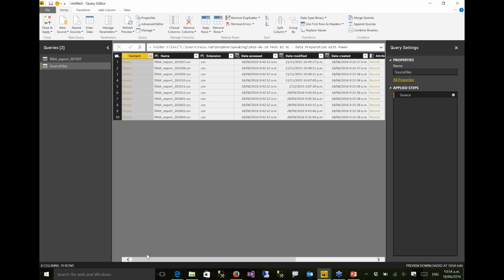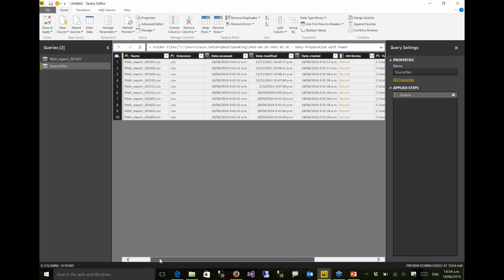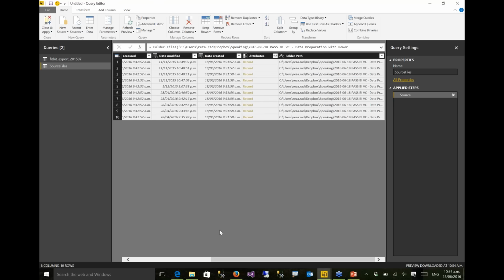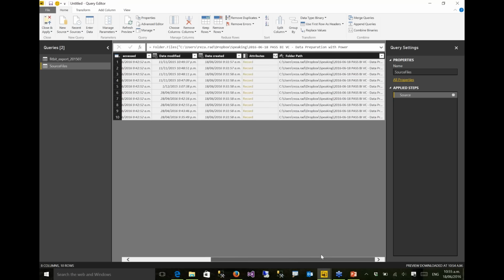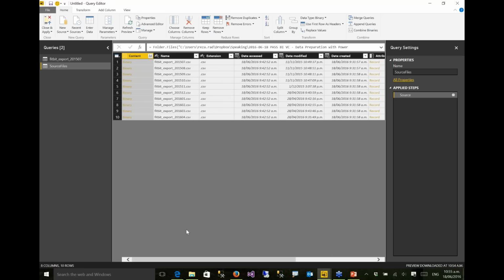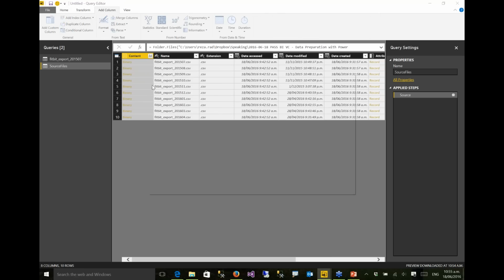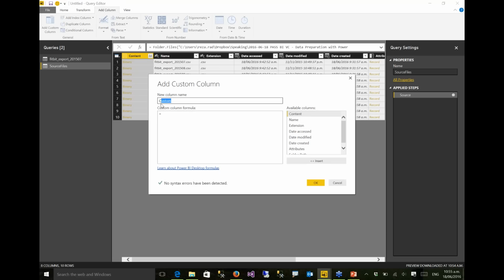I want to use functions and call those functions from here, so I'll show that a bit differently. What I have here is the folder path. I also have the name of the file, so I can generate a full file path based on these two columns. So I'll go to add column, add a custom column,